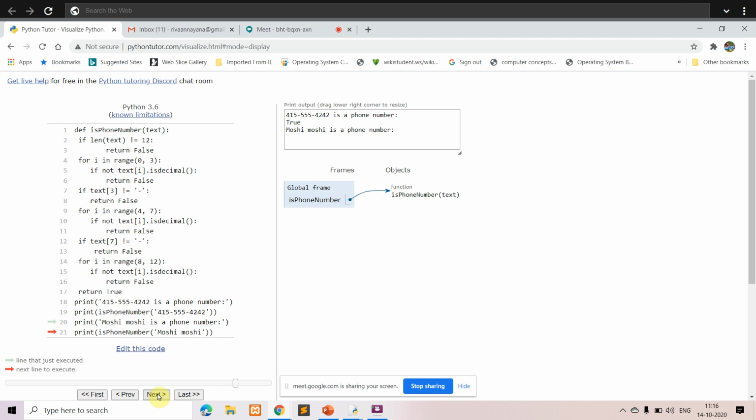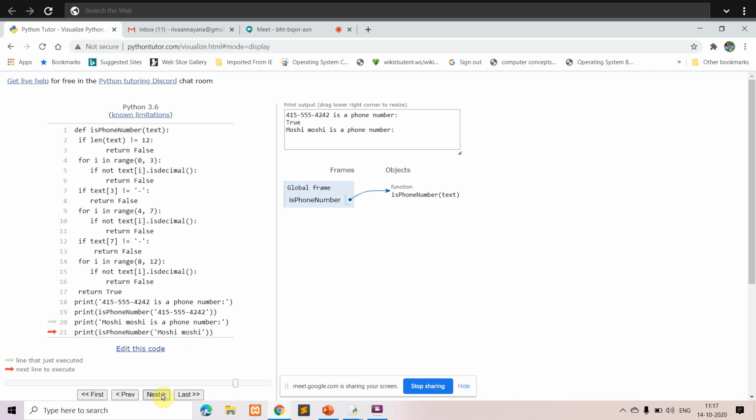And next again the next thing you're passing, moshi moshi, is not a phone number. So in the previous case you had passed a phone number, but in the next case this is the text. Now the text will be this particular string, that is moshi moshi.